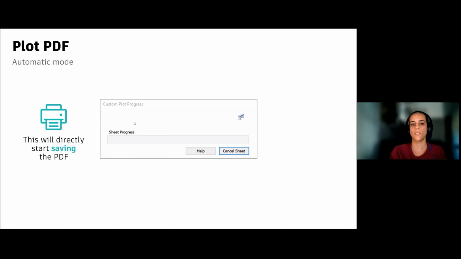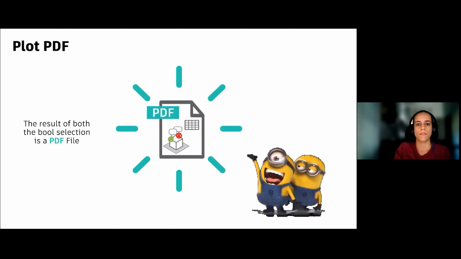So Civil 3D goes on automatically with the print, and we only have to wait for the print time.